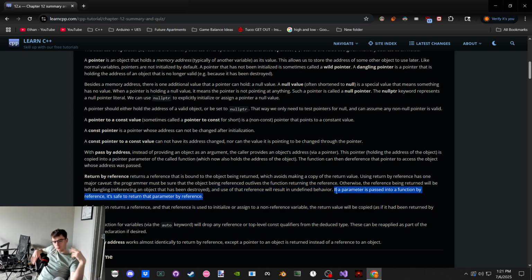Yep, because if it was passed in, it exists in the caller's scope. Therefore, it will still exist after the function's done, after the function returns.